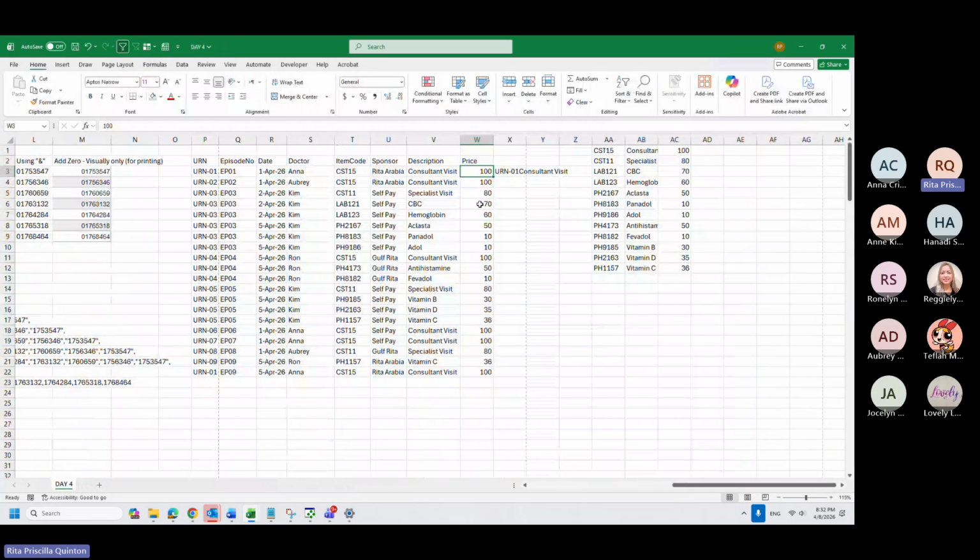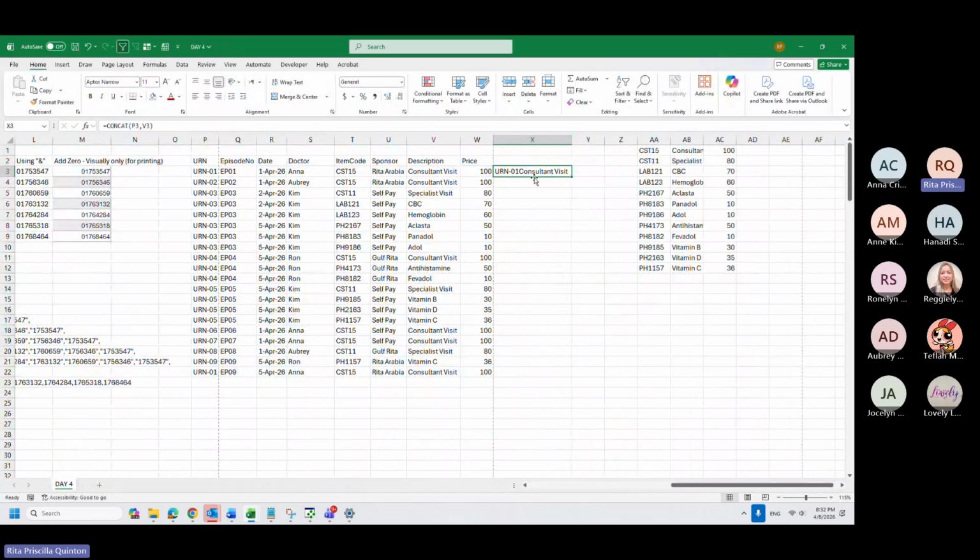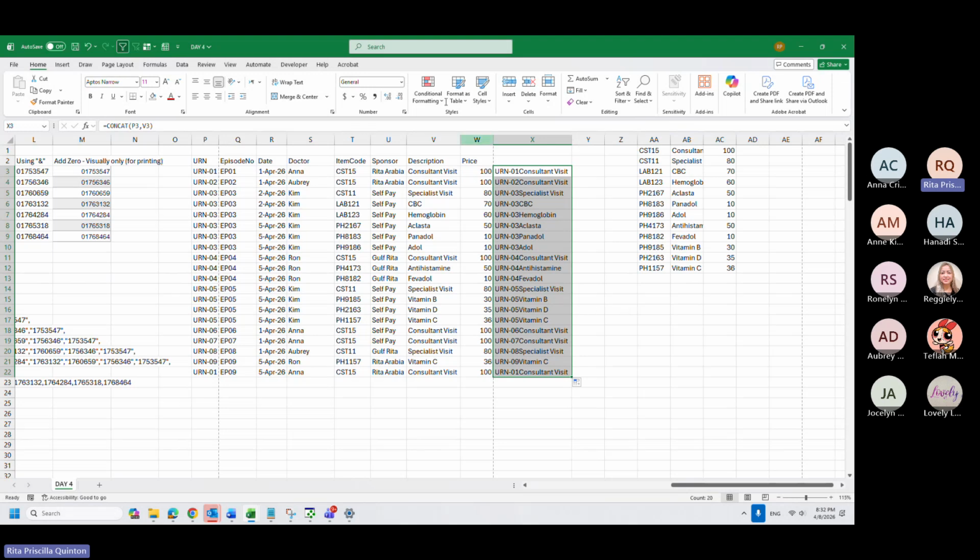So for now, I will just use a sample for the consultant visit. Okay, since I already have concatenated URN, MR, and consult description, this means that this patient got the consultant visit and it's more unique now. I will apply it to all and then do the highlight.